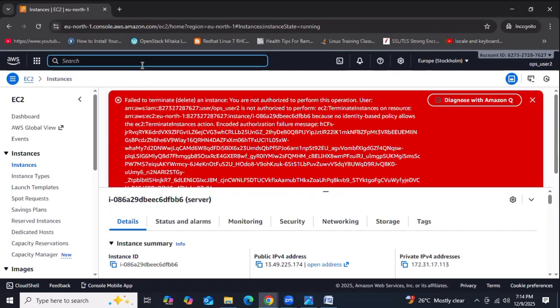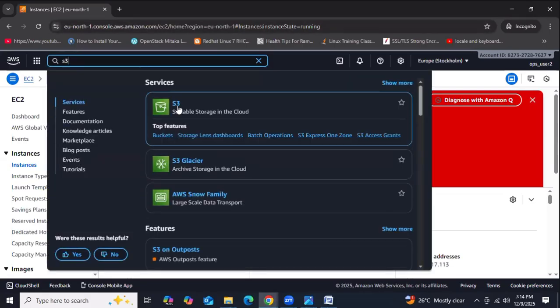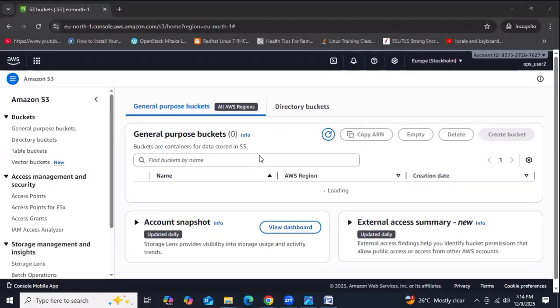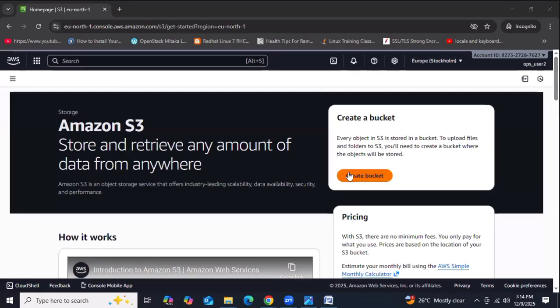Go to S3. Can we create the S3 bucket now? Now we are trying to create an S3 bucket.